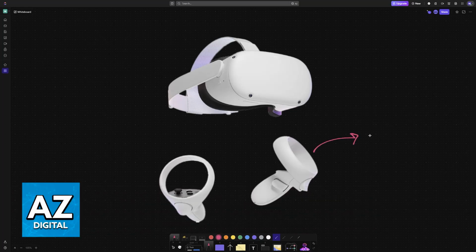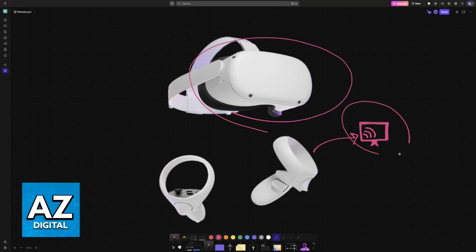In this video, I'm going to teach you how to connect your Oculus Quest 2 to a PC, which allows you to stream your gameplay in VR, meaning that you will be able to capture whatever it is that you are seeing on the Quest 2, send it as a source to OBS or Streamlabs, and you will be able to stream it.